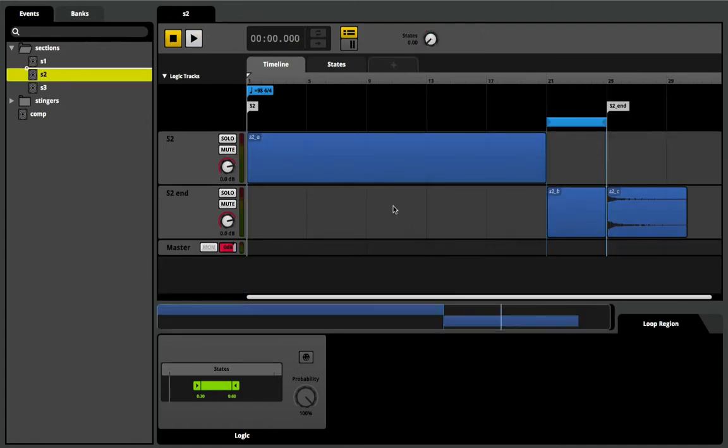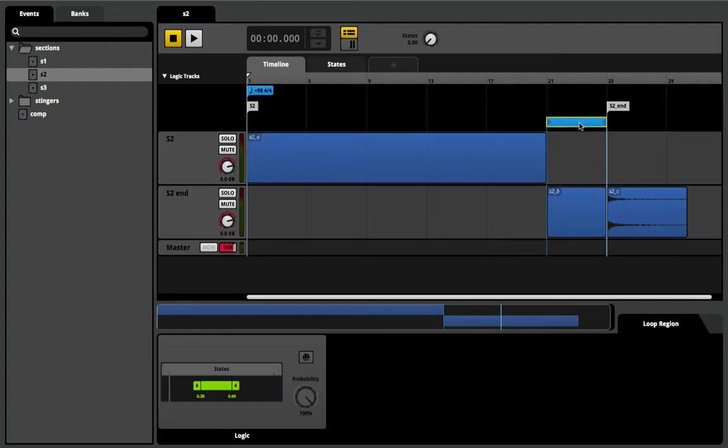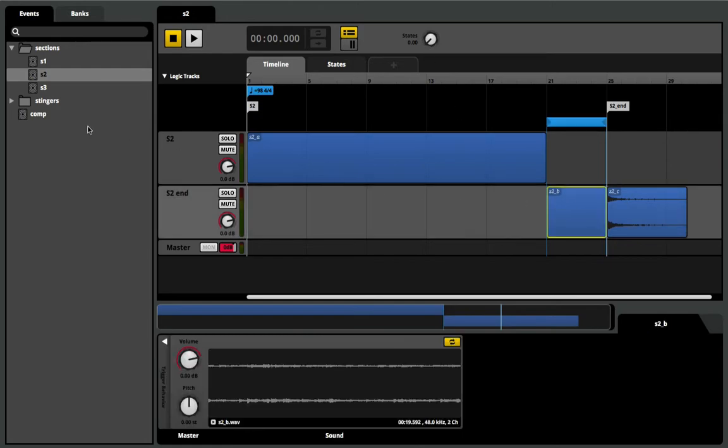Section 2 is a more linear state, thus it has a simpler integration, only requiring a loop region to connect the main cue to the transition cue. This loop region is also controlled by the states parameter. The audio file will continue to loop until the range is exceeded. Note that this cue is in a different tempo and meter than the last cue.